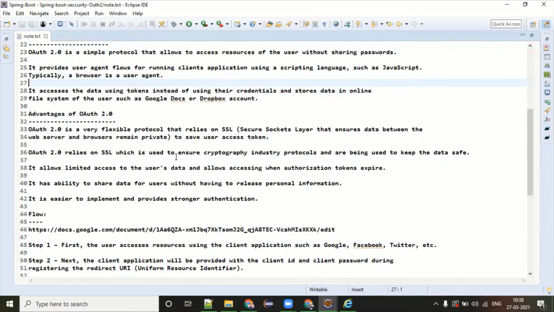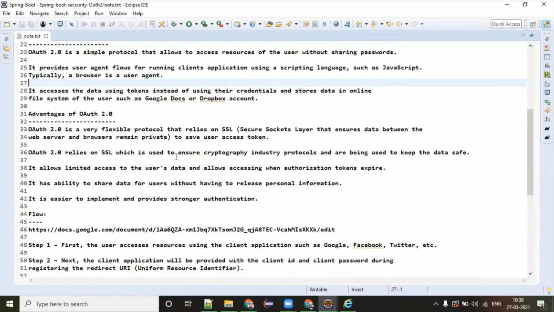In fact, I have faced lots of problems with this SSL. Whenever any issue comes with SSL, then it's gone. So we wanted to come out of this. We wanted some sort of protocol which has SSL enabled by default, and gives me the user access token.